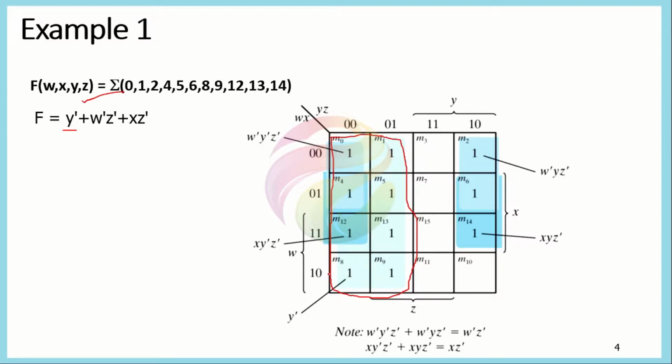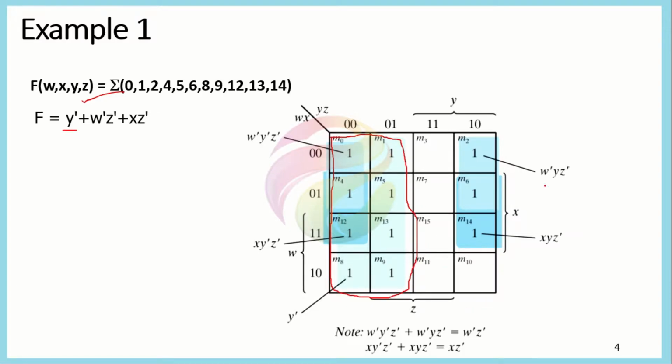In addition to that, there is another adjacency in this map, that is M0 is also adjacent to M9, and M1 is also adjacent to M9. M3 is adjacent to M11 and M2 is adjacent to M10. Because this is a 4 variable K map, they are not just combined in the rounding off, they are also rounded off from top to bottom. So they are combined in a circular form.